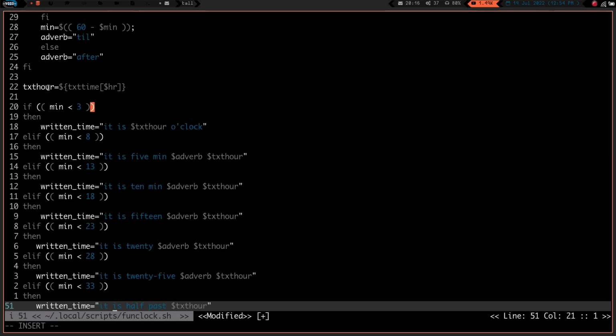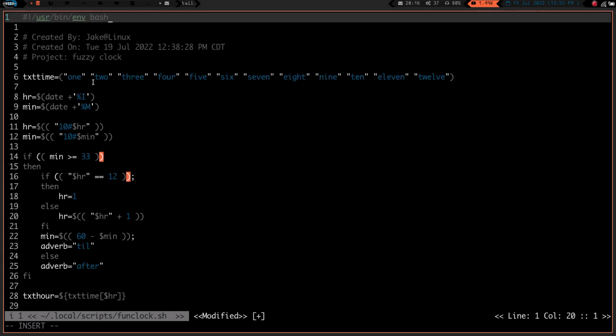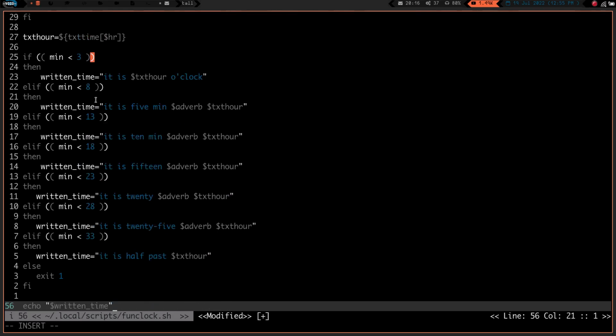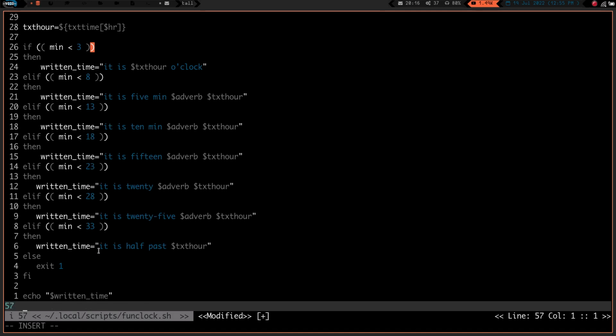And then text hour, this is going to verify which hour written out, the actual digital hour, or the integer hour, is going to be in text form, and so it'll check for that, and then it's going to start checking the time for if it's less than 3 minutes after, it's going to tell you it's whatever, and then 13 after, and then 18 after, and then 23, and 28, and 33, and so yeah, that should be good. So let's go ahead and